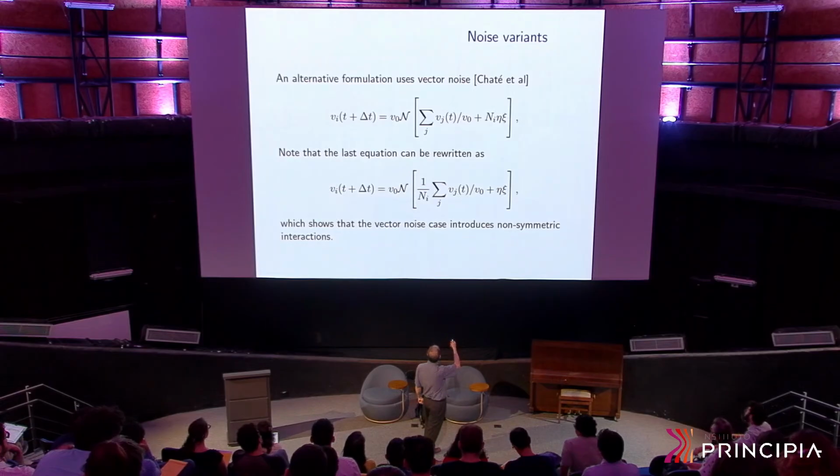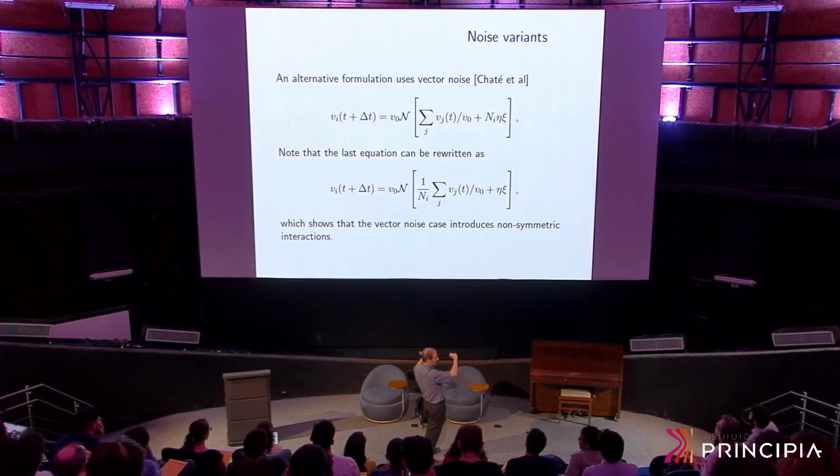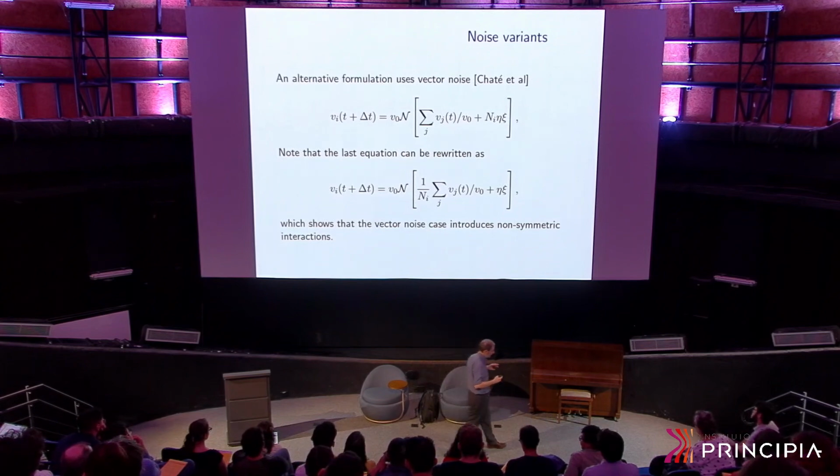You compute the average, and then you sum a vector. Okay. And then you normalize. And this is called the vector noise. The idea is that in one case you are trying to model